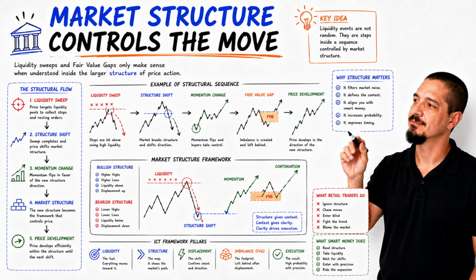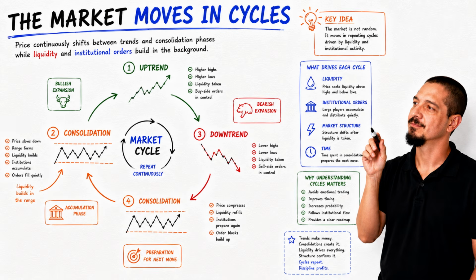Now that we have seen how liquidity is swept and how fair value gaps provide precision entries inside these strategies, we need to place everything within the larger structure of the market. Liquidity grabs, structure shifts, and momentum changes do not happen randomly. They develop within a clear structural sequence that controls how price moves on the chart. And to fully understand why these ICT setups work, we first need to understand the foundation behind price action itself: